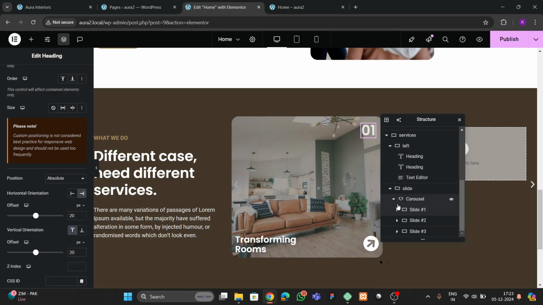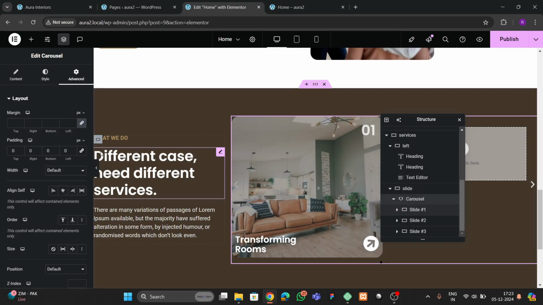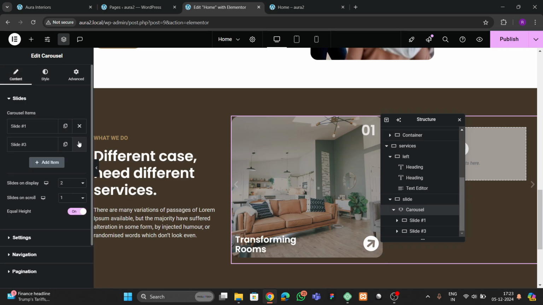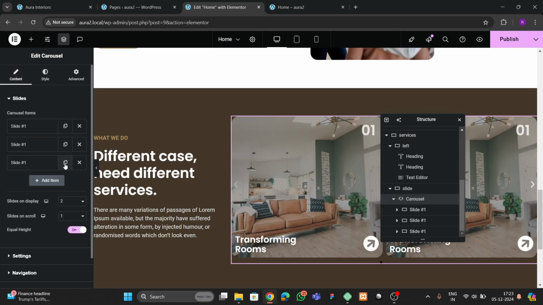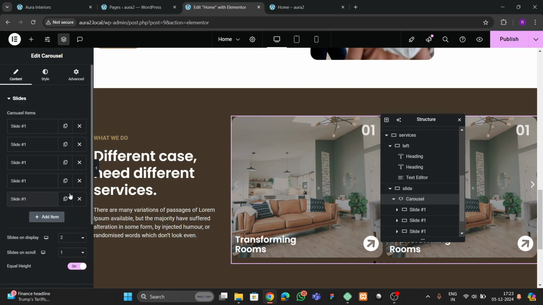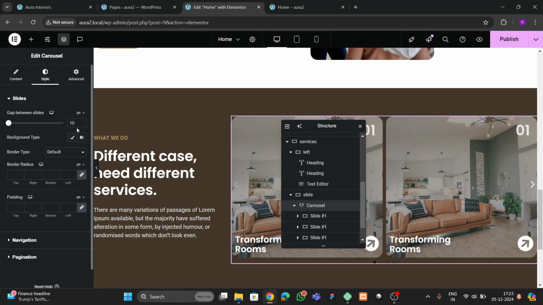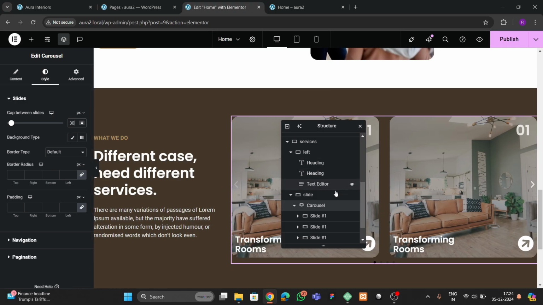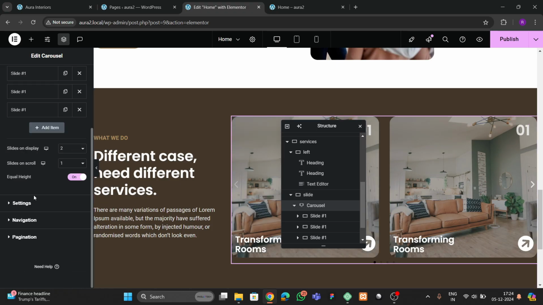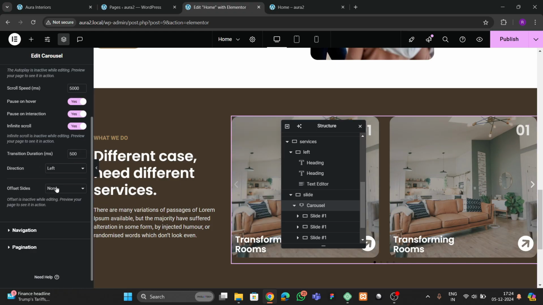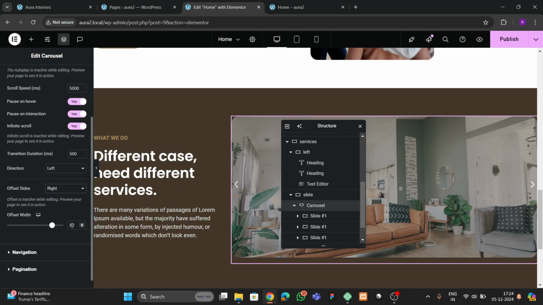So we can choose this slide. Let's go to carousel. Here we can remove the rest of the slides. So let me duplicate this 4 or 5 times. Okay, like this, and also we have to give some distance between these, so the distance would be 30 pixel. Okay, so this is looking good now. Now we can go to content. Here we will find the settings. Here you can see that we have this offset. So the offset will be in the right direction, and the value will be, let's keep this